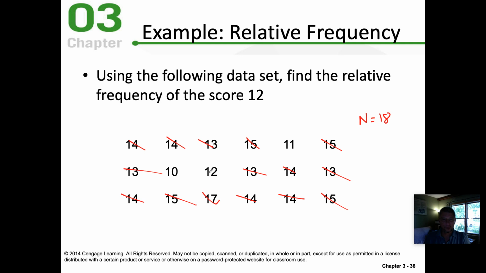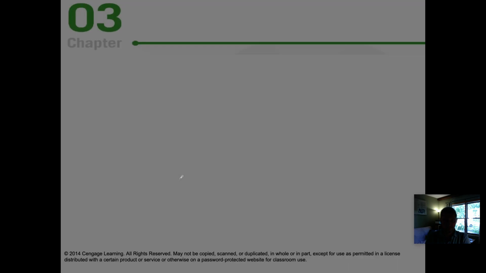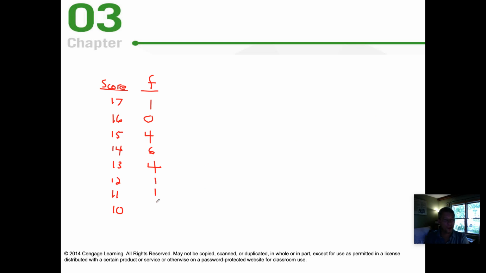And then there's only 3 numbers left. There's 12, 11, and 10. So 1, 1, and 1. Now make sure I didn't miss any. I'm just going to add these up to give me my n value. And that's going to give me 1 plus 0 is 1, plus 4 is 5, plus 6 is 11, plus 4 is 15, plus 1 is 16, 1 is 17, 1 is 18. So n equals 18. So I've definitely gotten the correct number. I've counted all my